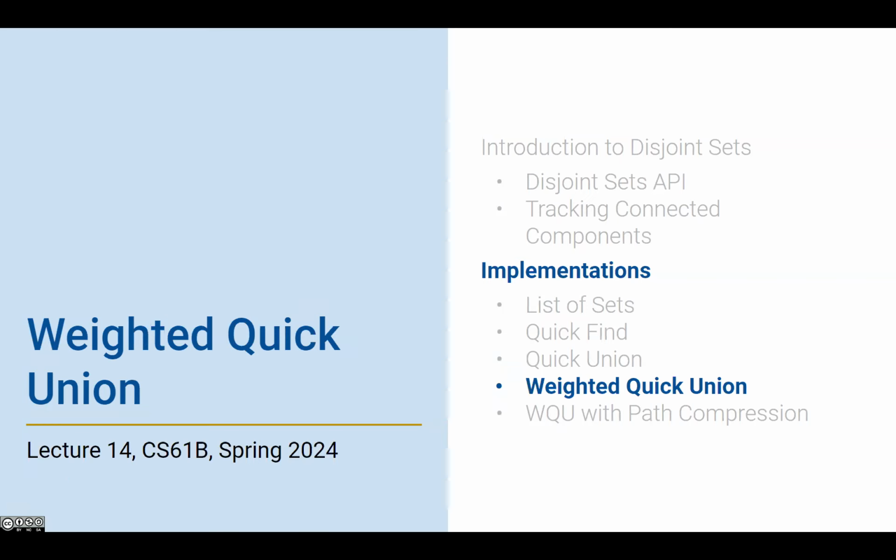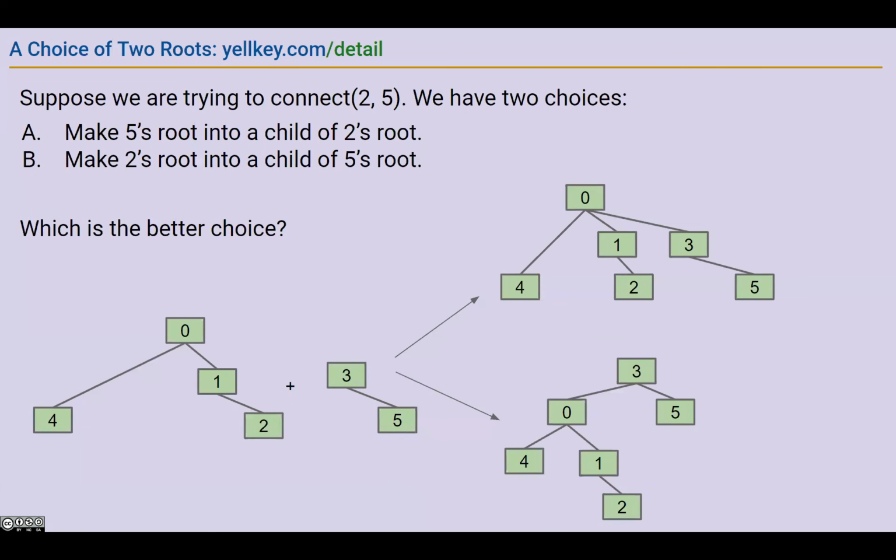So it's still the same disjoint sets API that the users want to see. They just want to be able to connect things, and they don't care how we do it, but we want to make it fast for them. So the fourth way that we decided to implement quick union, or the disjoint sets data structure, was